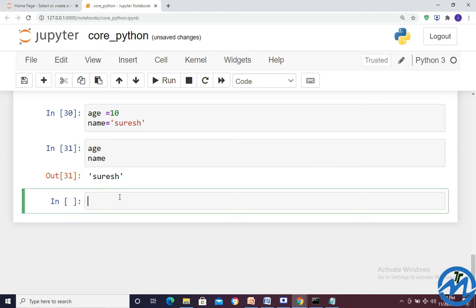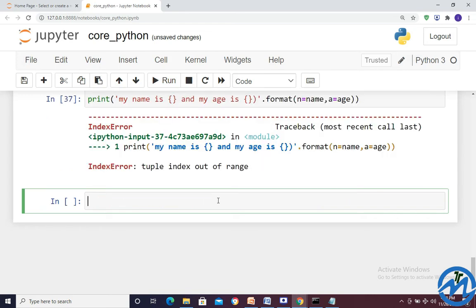So I can give the data in this manner: print my name is, and my age is, dot format, and then n is equal to name, comma, a is equal to age.